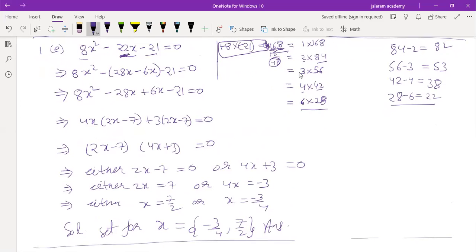Sometimes you know the factors, these are very easy. It is very small. But taking the example of this expression, I'm telling you how to find the factors of even those which you cannot find directly. So always use this method. Sometimes students use this method. This is the method of prime factorization.